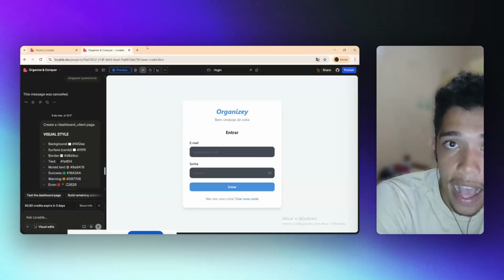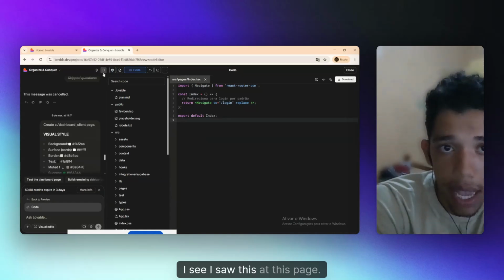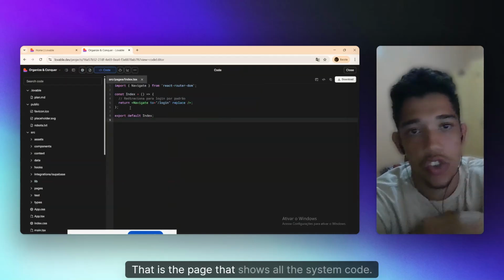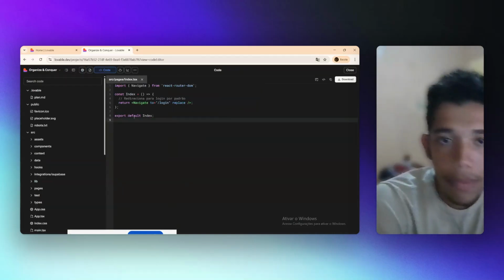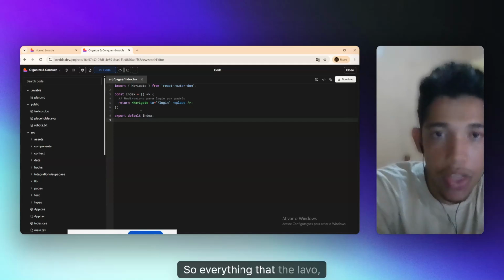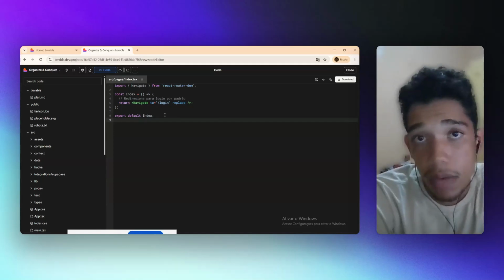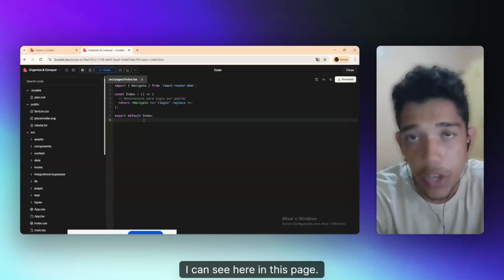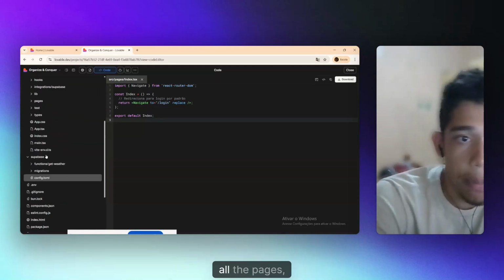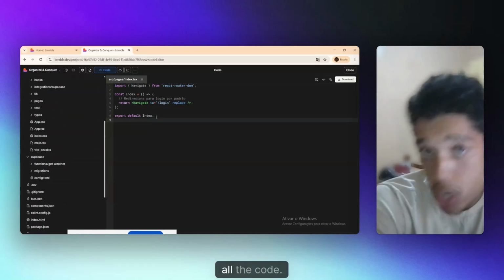And then I saw this page that shows all the system code. So everything that Lovable creates, I can see here in this page, all the folders, all the pages, all the code.